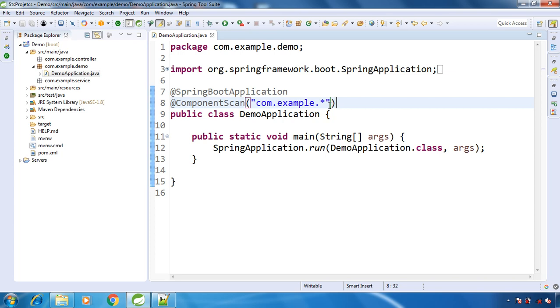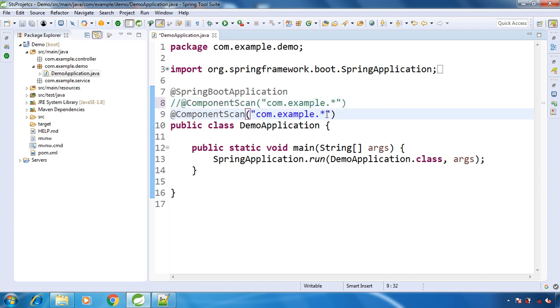But if you want to mention the packages explicitly, saying that you only want these packages in the component scan, we can do that too. I'm commenting this one out for your reference. Say the controller package is the first entry. Here we can give an array of strings: the first entry, then the service.